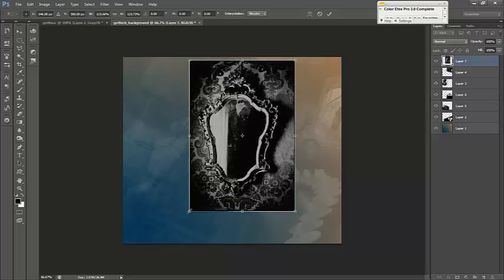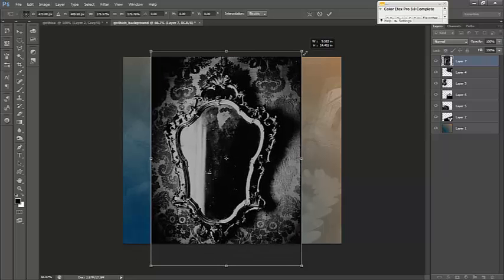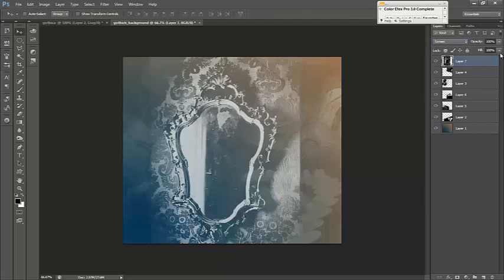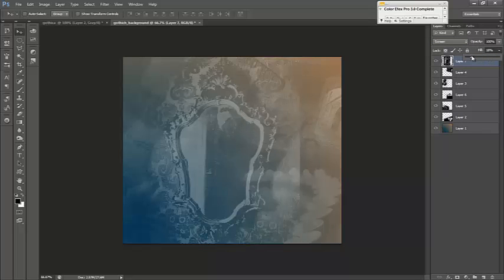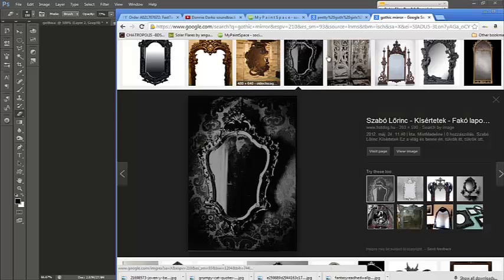Go ahead and resize this one up. Put that one right in the middle. Just lower it down so all we see is really just a hint of it. There we go, that looks pretty good so far. And then we'll go ahead and throw some